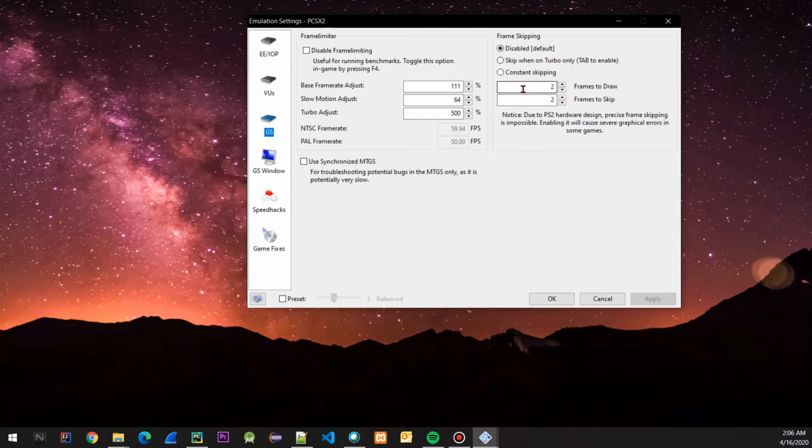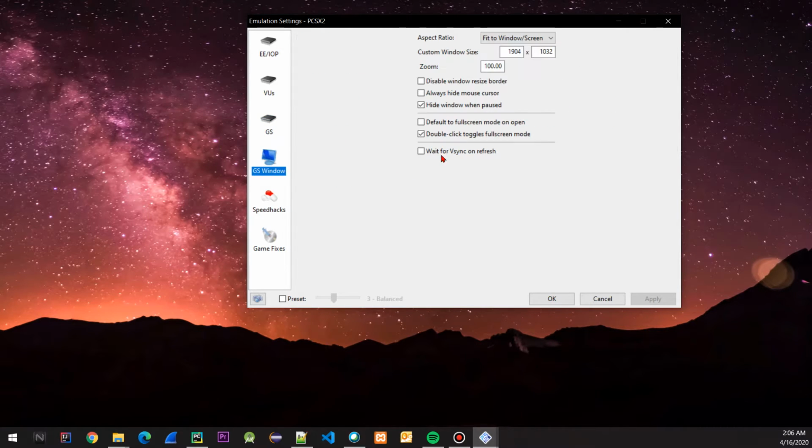But if your computer is not as powerful, you can skip a few frames to speed up the gameplay. And this is irrelevant, and this does not change the game speed. It's just the configuration that I have currently.